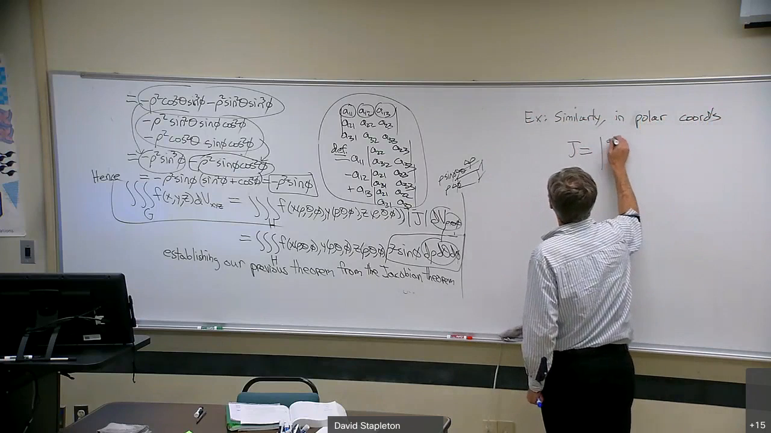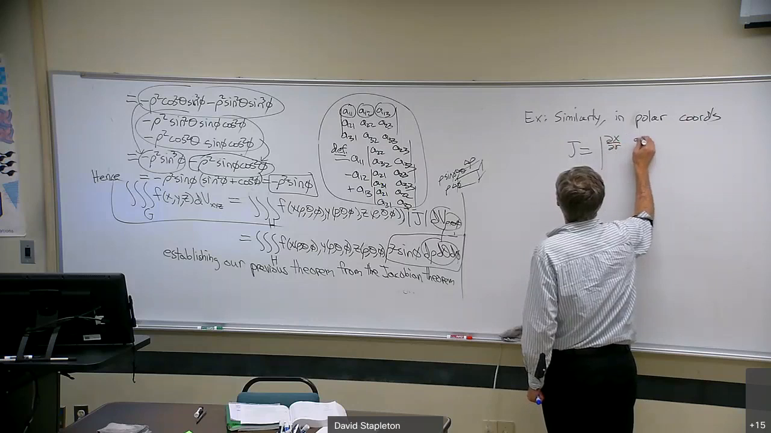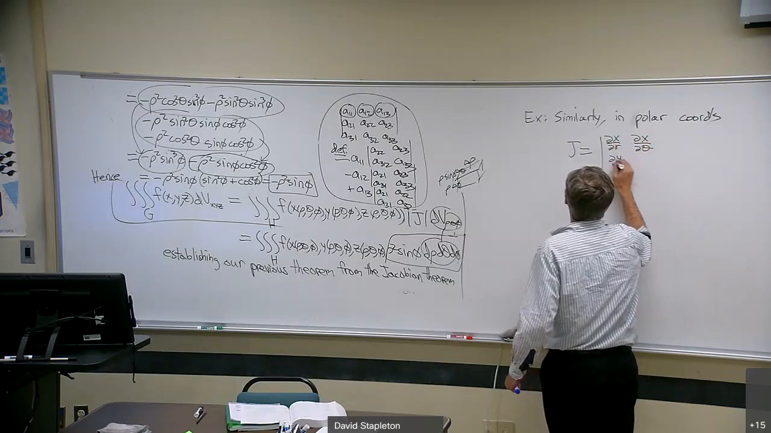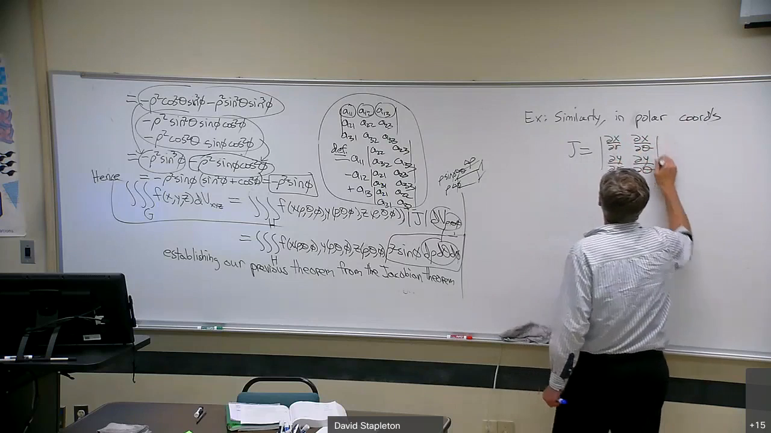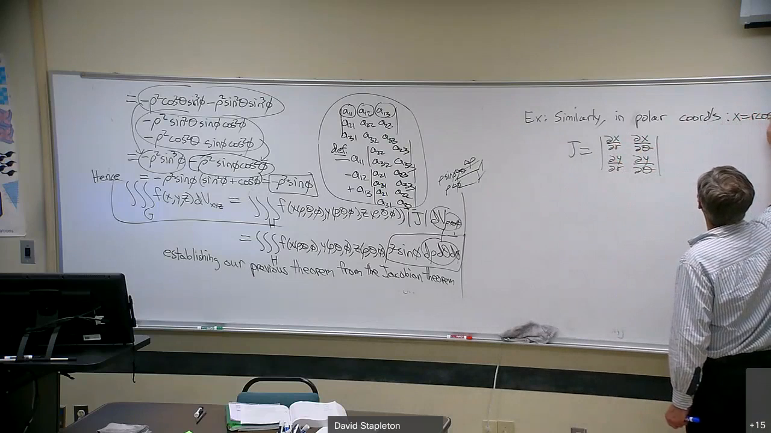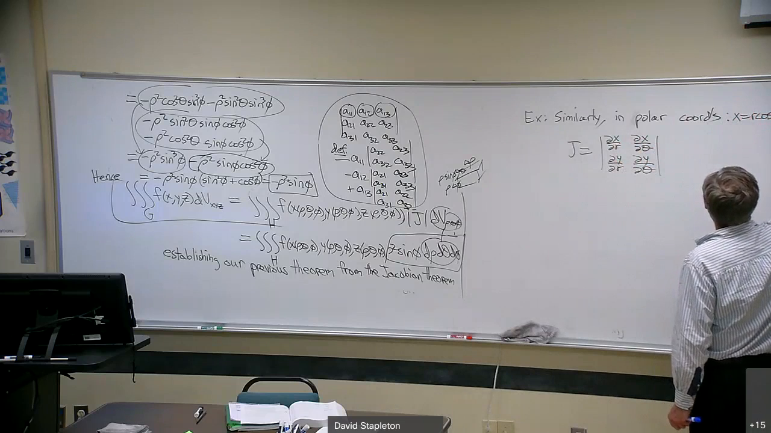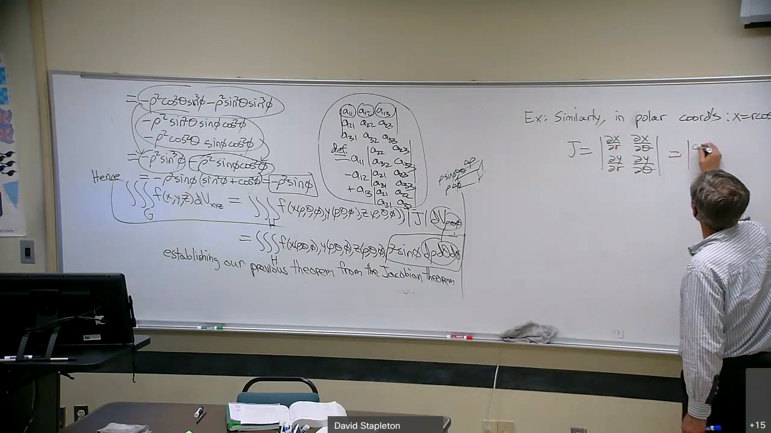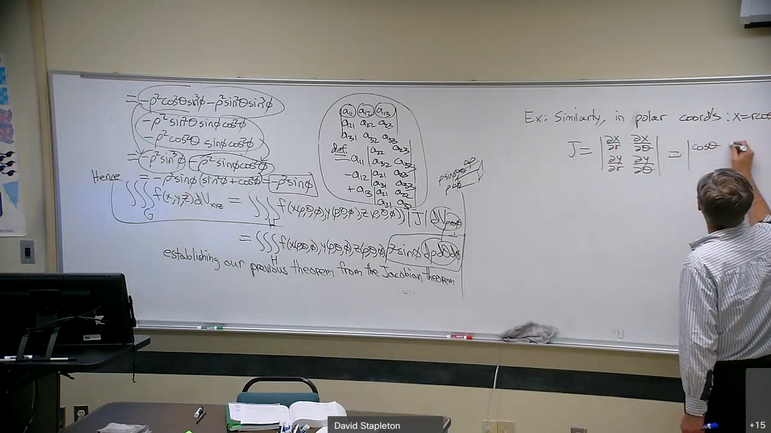The Jacobian is then dx dr, dx d theta, dy dr, dy d theta. Right? x is r cosine theta. y is r sine theta. So in this determinant, dx dr is cosine theta. Dx d theta is